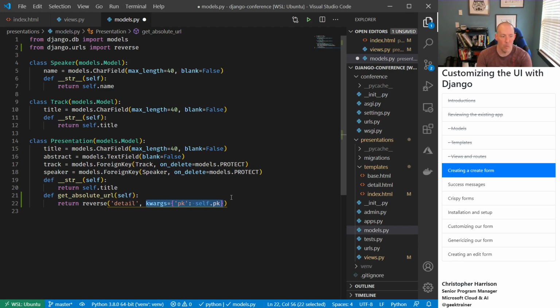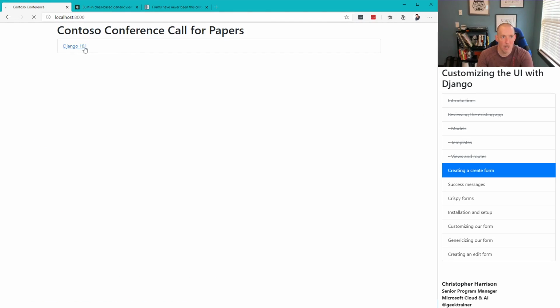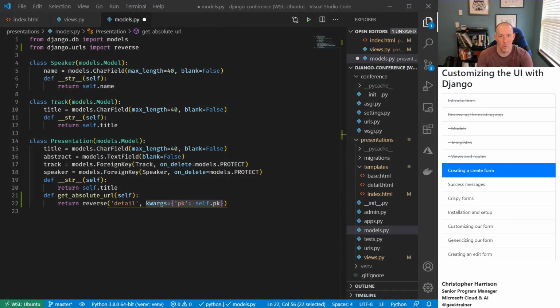So let's talk about that here real quick. Let me bring up my browser window, and I'm going to go back to our conference here. I'm going to bring up Django 101, and what I want you to notice up here on my URL is that I've got the /1 there. And so that parameter right there is going to be the ID for this item. So that's what needs to be set up. And so that's what's being set up here in that little call to reverse. So we're going to say, hey, we're going to be passing in that primary key. Now, how does it know to pass all that in? How does it know to do that? Well,